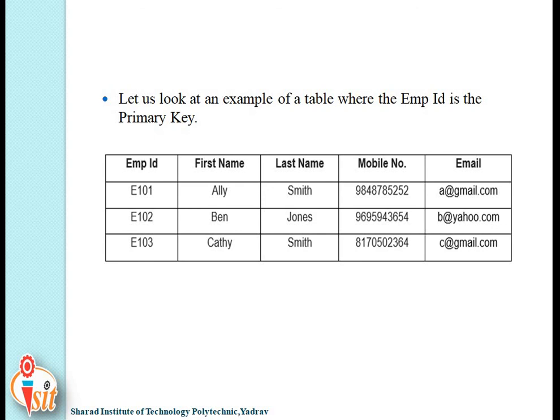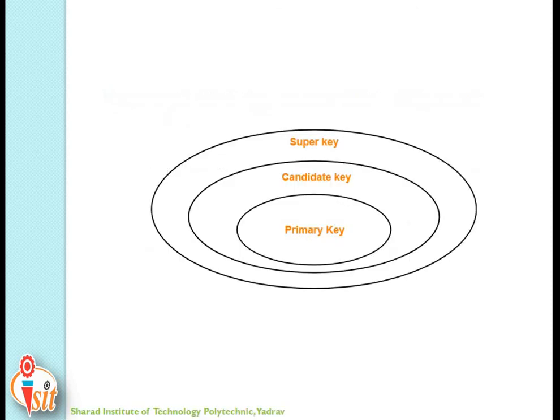Two rows can't have the same primary key value. It must hold for every row. This is all about the primary key. It is the first key which is used to identify one and only one instance of an entity uniquely. An entity can contain multiple keys, as we saw in the person table. The key which is most suitable becomes the primary key. For each entity, selection of the primary key is based on requirements and developers.